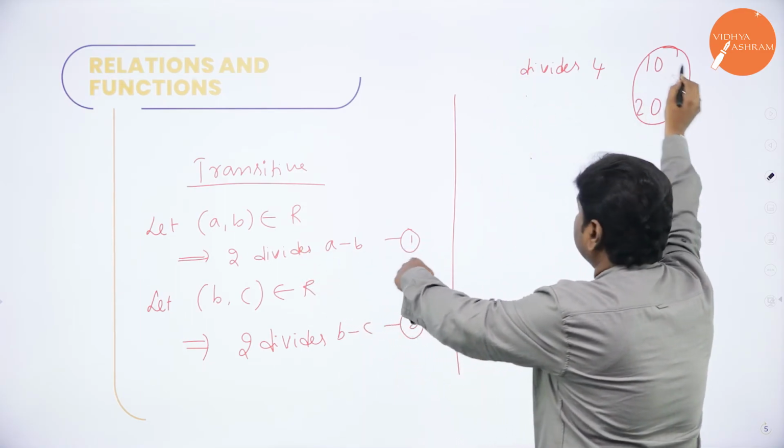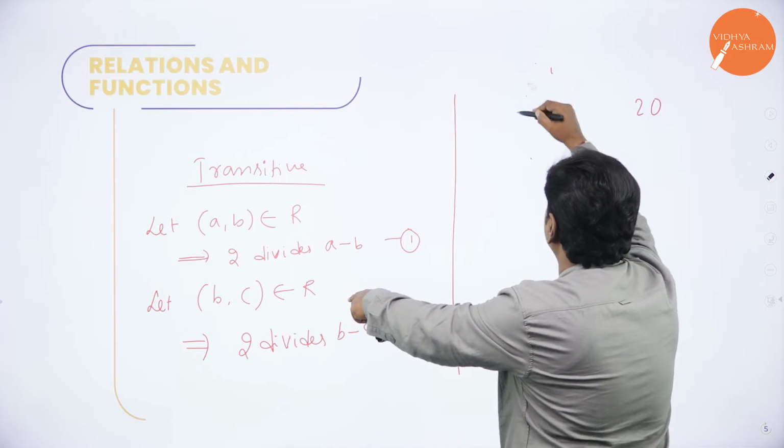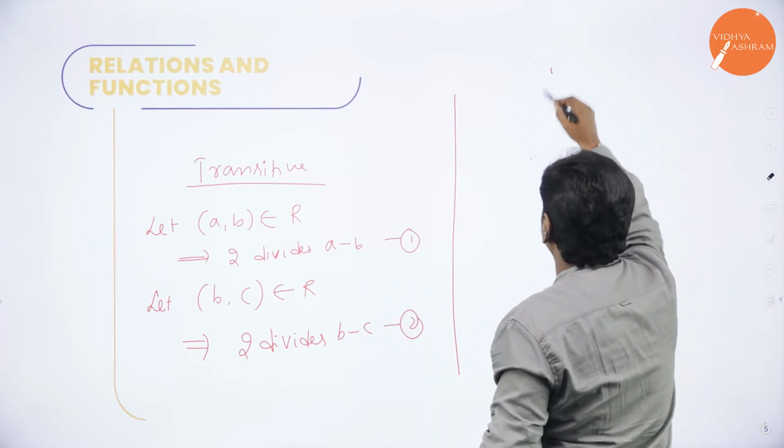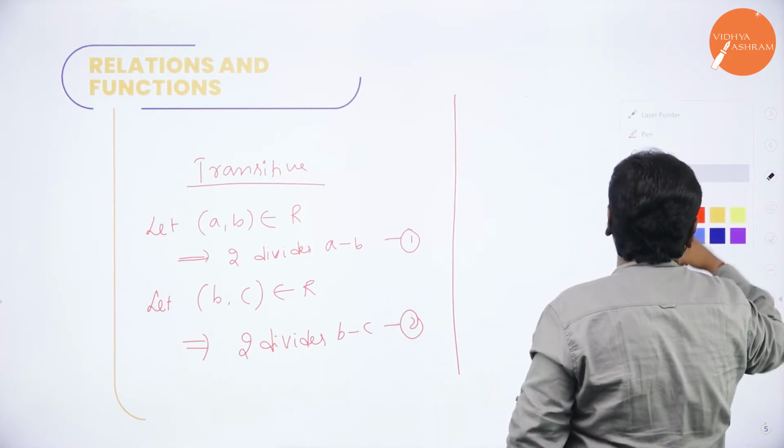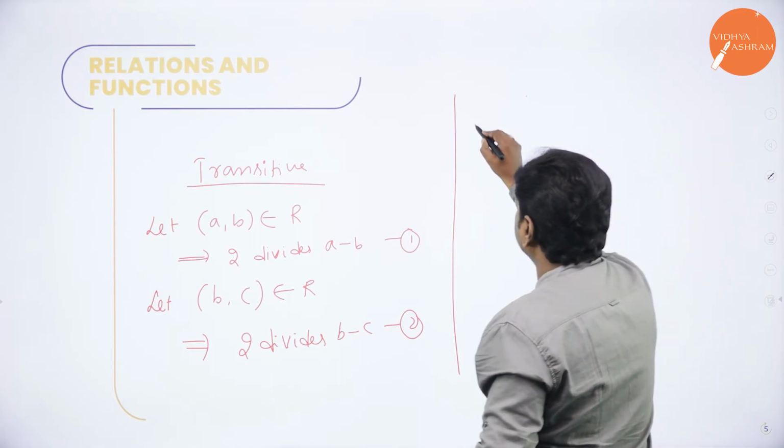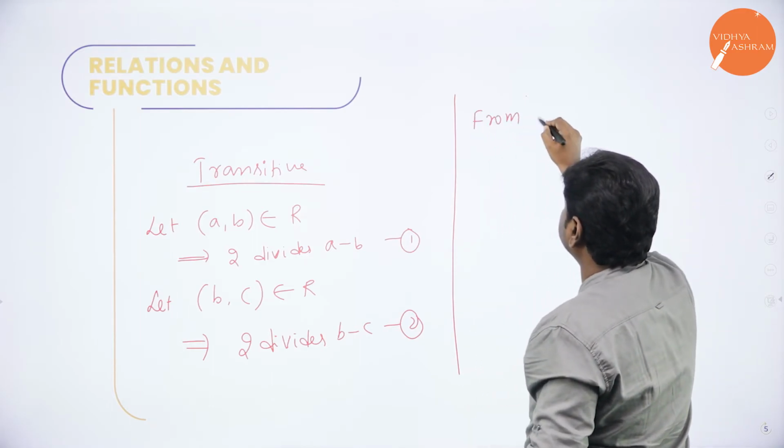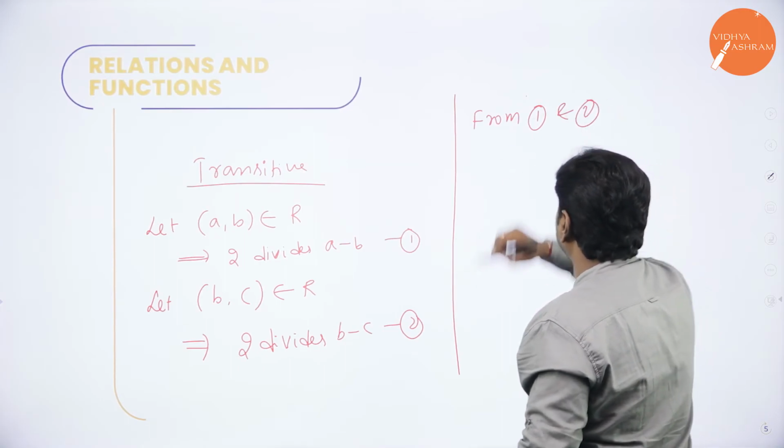Call it as equation 1. Then I told 2 divides B minus C. Call it as equation 2. Now, from 1 and 2, what is the conclusion? From equation 1 and equation 2, I can say 2 divides